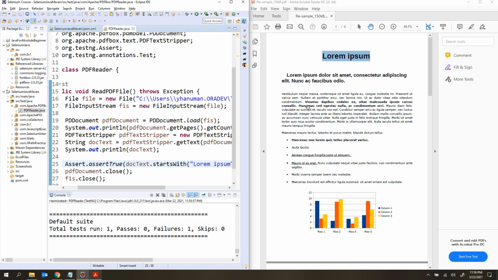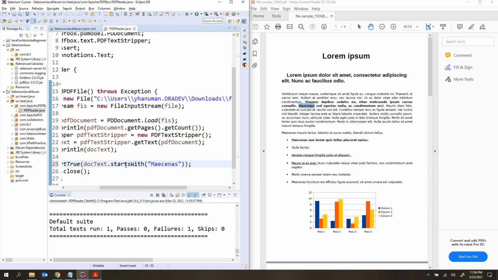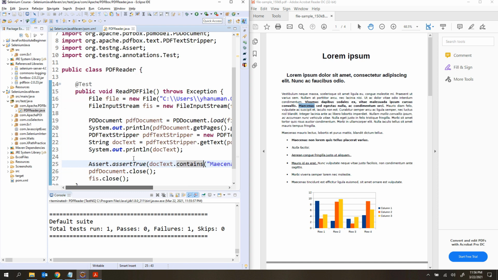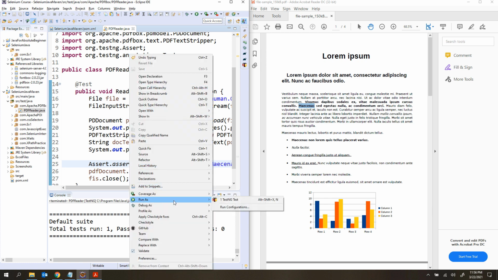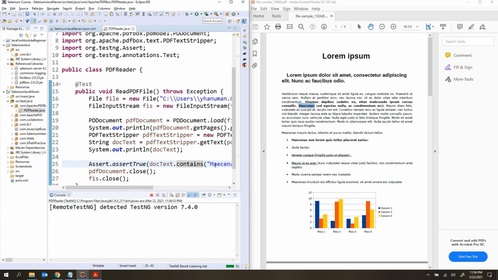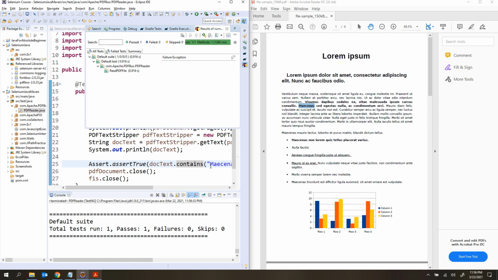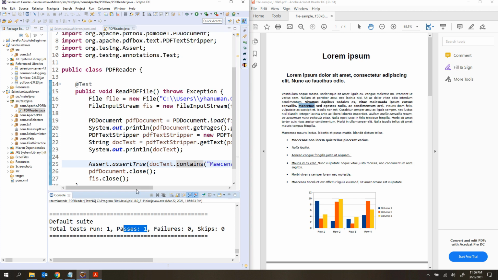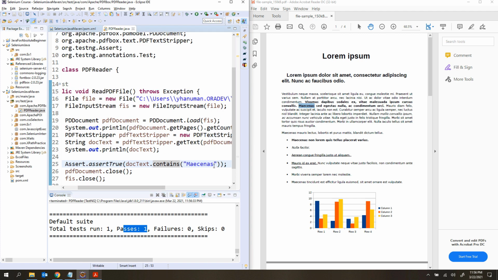If you want to perform an assertion like anything contains, so this is contains, okay? I'll consider this text and let me use the contains method here. In a similar way, you can just run this program. I am checking whether this entire text contains this word or not. That thing is passed. If I add any value like 1, 2, 3 here, that is not contained, right? So let me verify whether that is there or not.